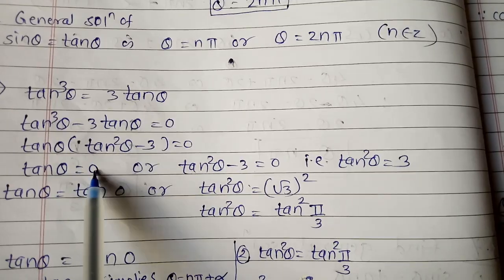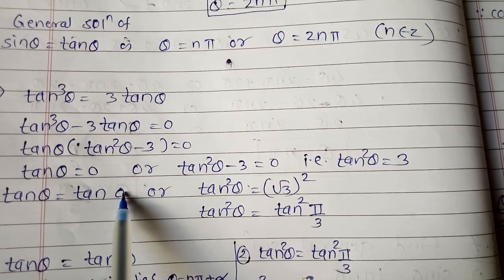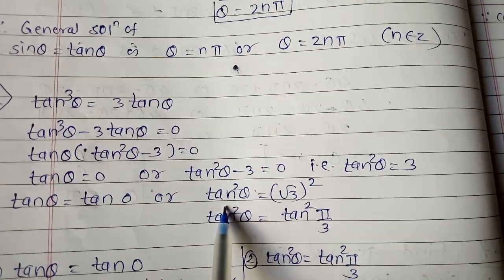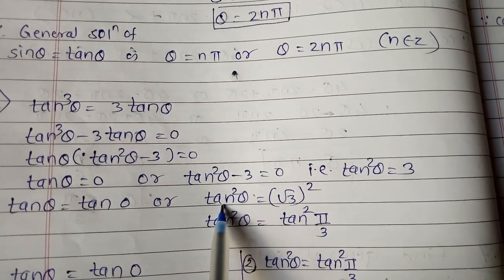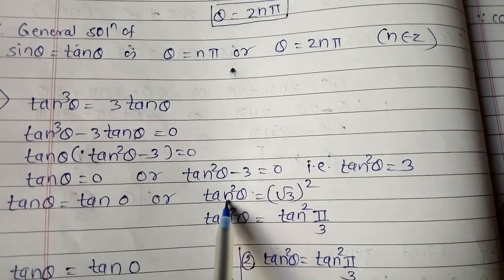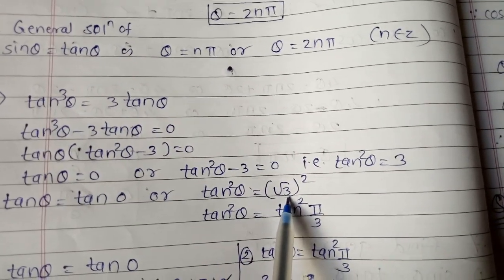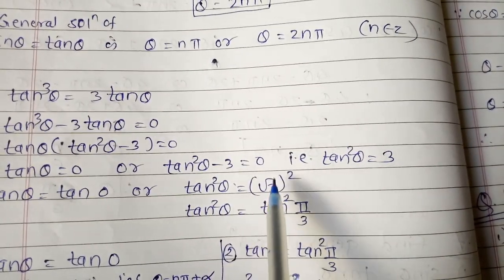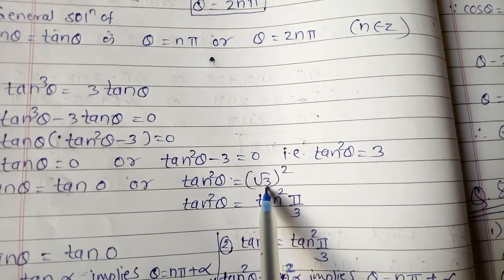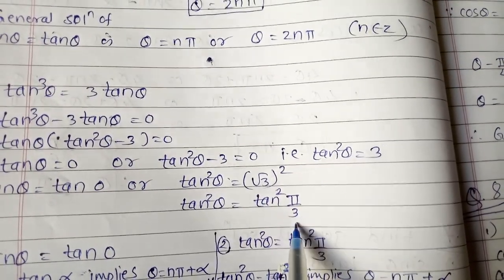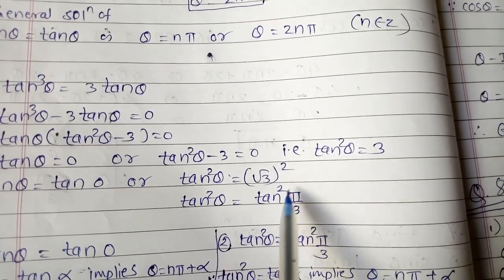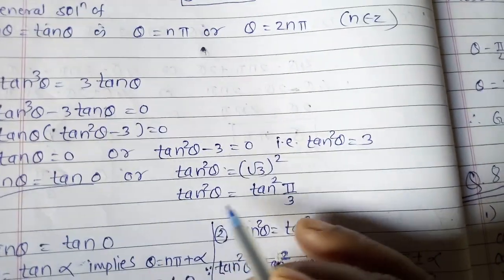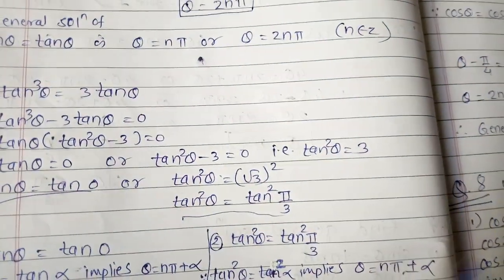Now here which angle of tan is 0? That is tan 0 is 0. So instead of writing 0, we write here tan 0. And here see tan square theta. So we see that the left side has a square, so the right side should also be a square, only then can we solve this example. So here the answer is 3, so we can write it like this, that is √3 square. So which angle of tan has the value √3, that is π/3. So tan π/3, since there is a square, we have to write down here square. So we get these two equations, that is tan theta is equals to tan 0 and tan square theta is equals to tan square π/3.